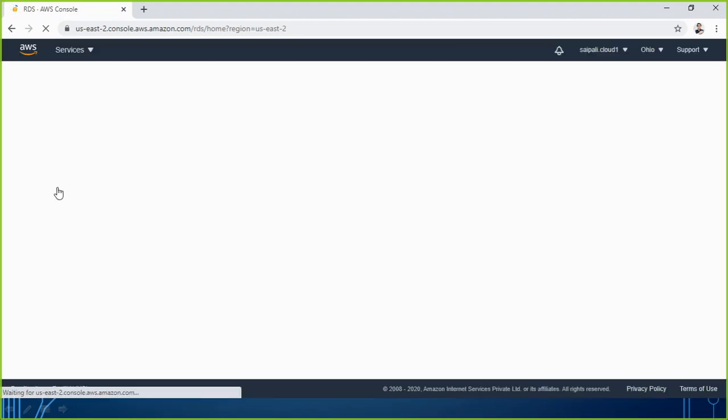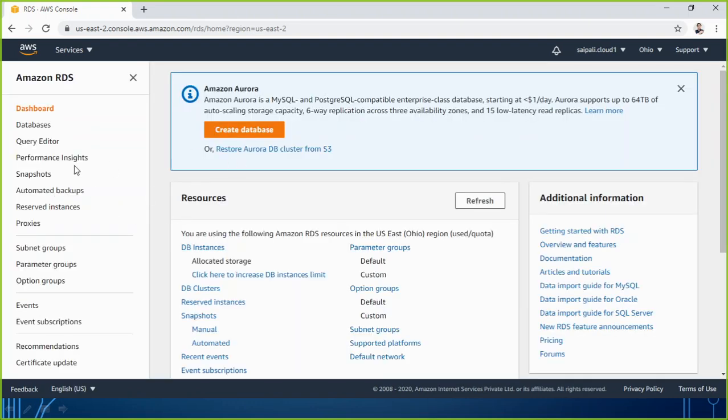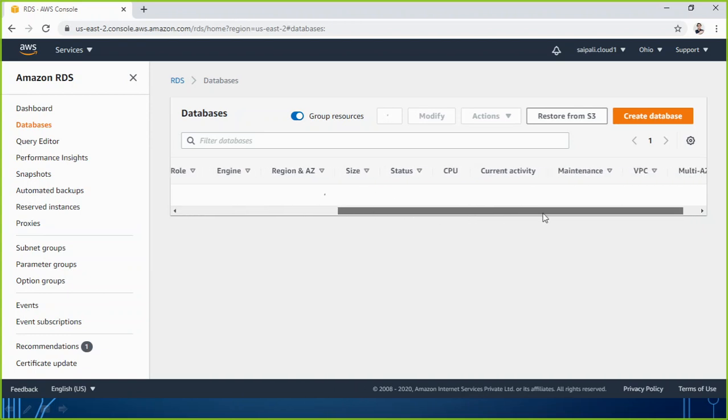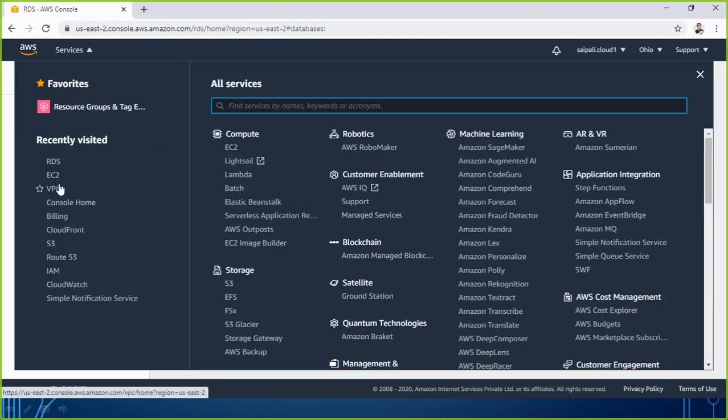Let us just check on the RDS side, is it attached to the same VPC or not. So here we go to the databases. Meanwhile, let me keep my VPC open in a new tab.